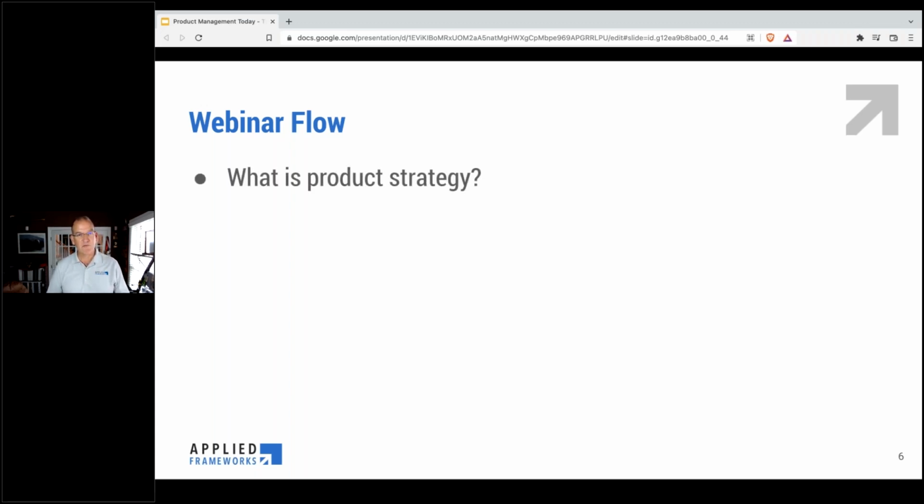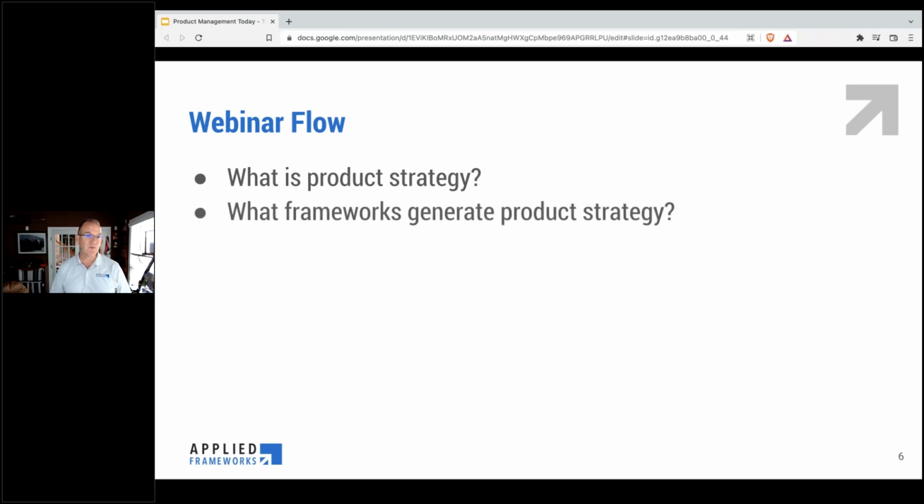If you haven't had a chance to see the previous sessions, I'm going to start with a review of some of the concepts about why we create product strategy and what it actually is and how you can use it, followed by some frameworks that you can use to generate product strategy. I've always found that having multiple approaches to develop the strategy can be really helpful. So I'll share a few. I'm interested to see what the audience has tried before as well.